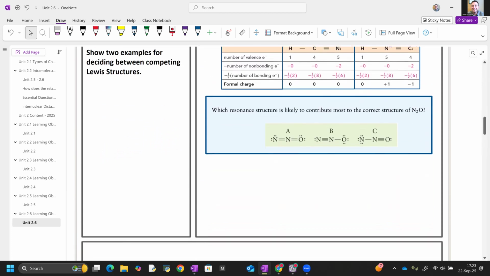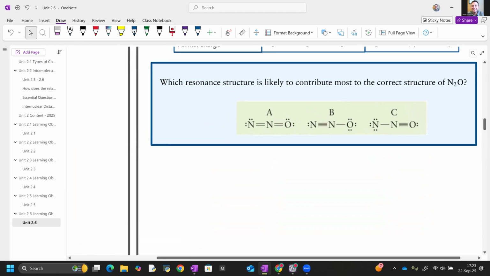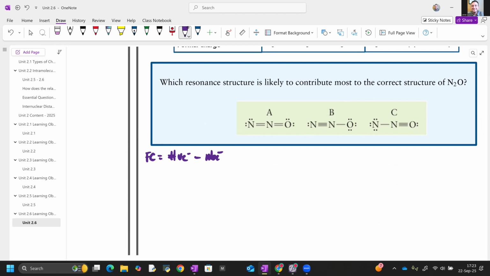Okay, so in A, this is going to require us to perform formal charge calculations. Now we have to go back to our formula. Formal charge is equal to number of valence electrons minus non-bonding electrons minus 1/2 of bonding electrons. And so in structure A, that's what we're looking at here, we're going to see,